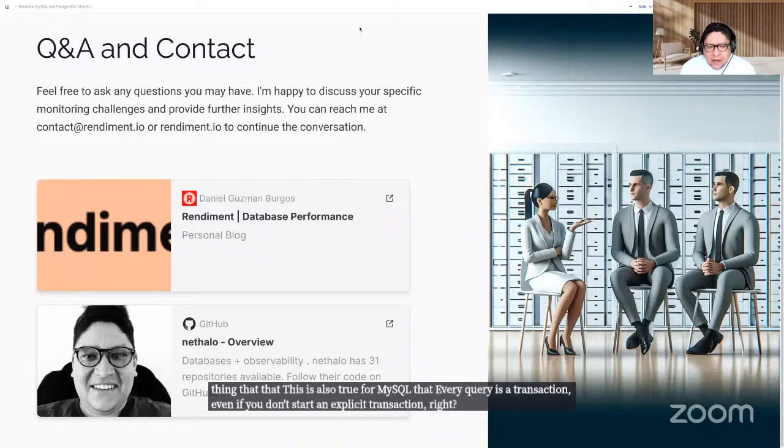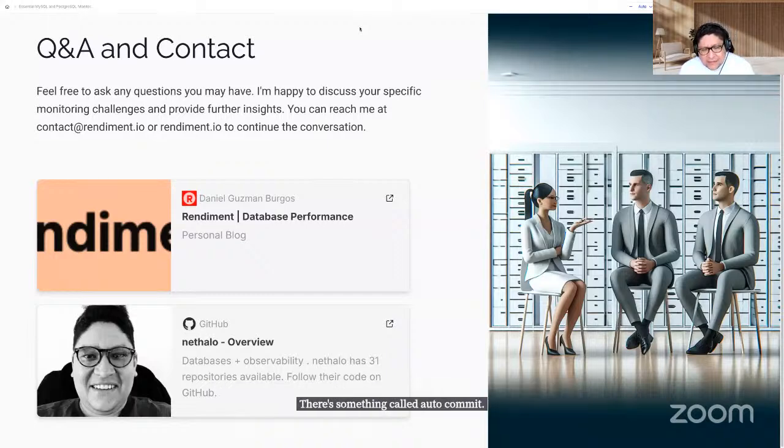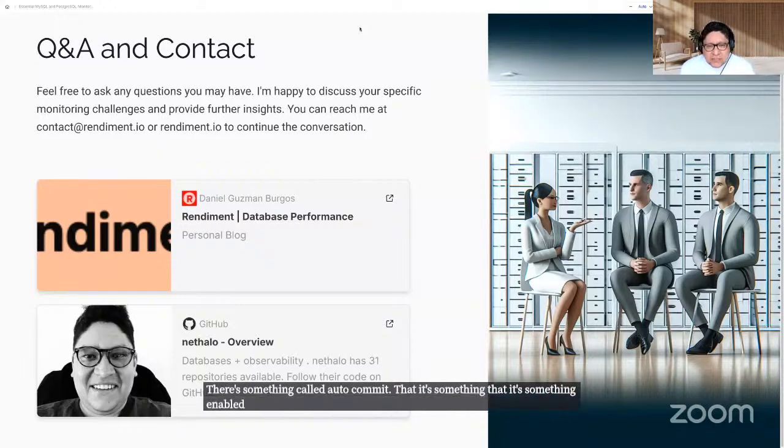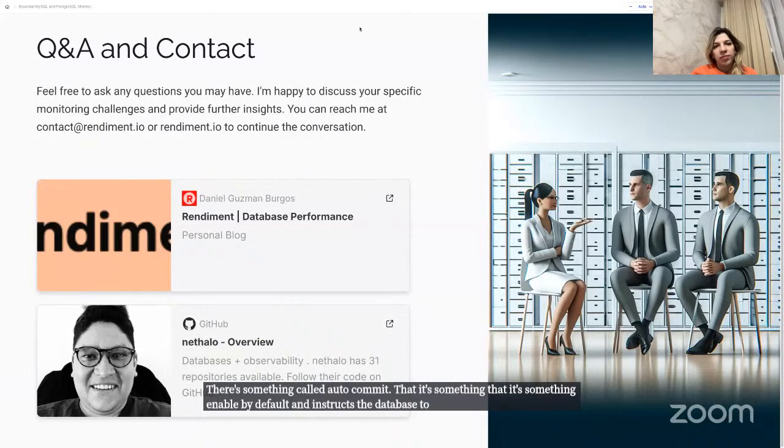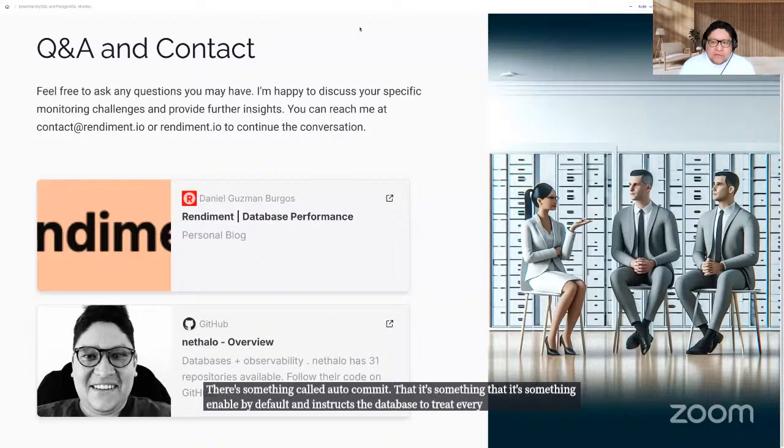There's something called autocommit, which is enabled by default and instructs the database to treat every query as a transaction. So even if you just send a select, that's inside a transaction.